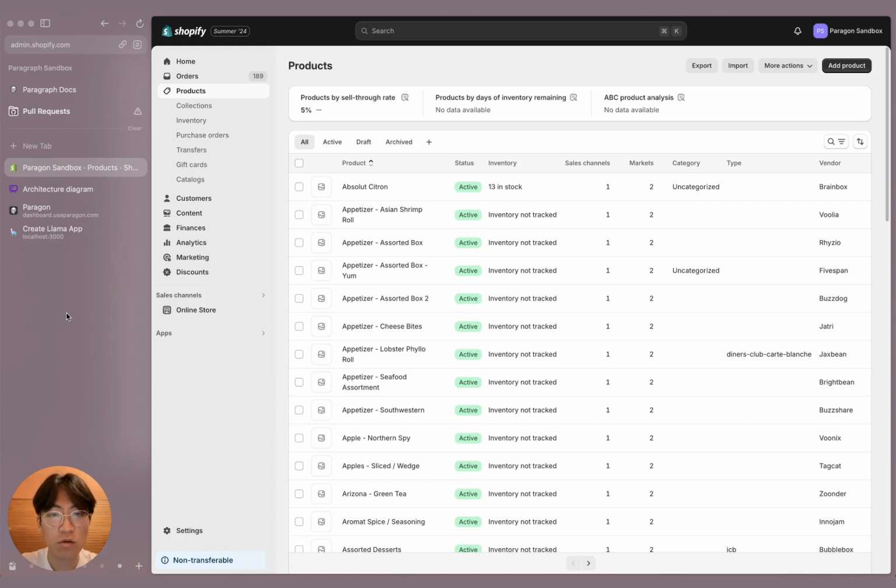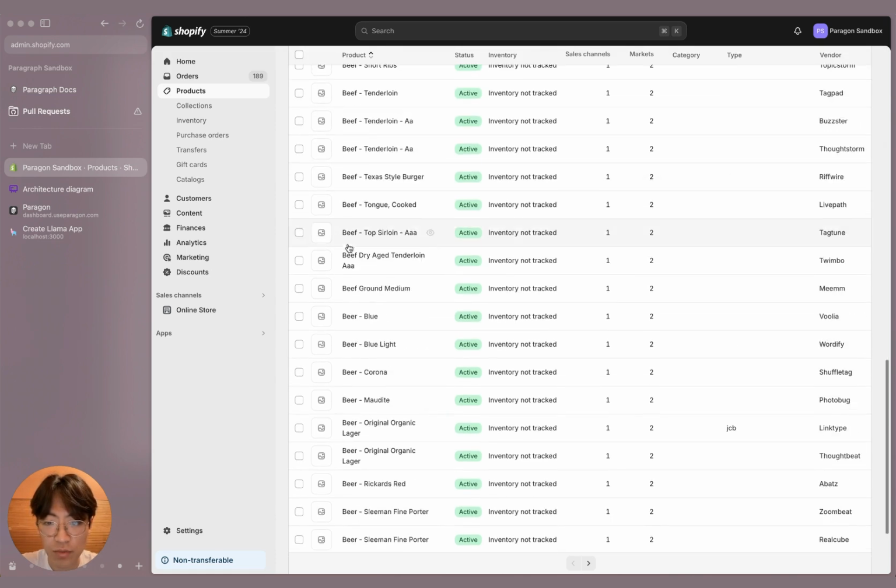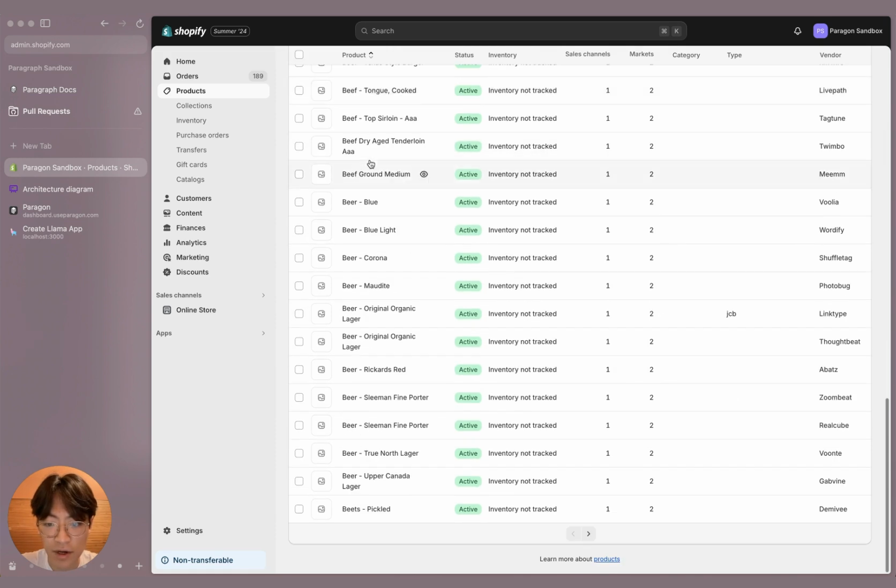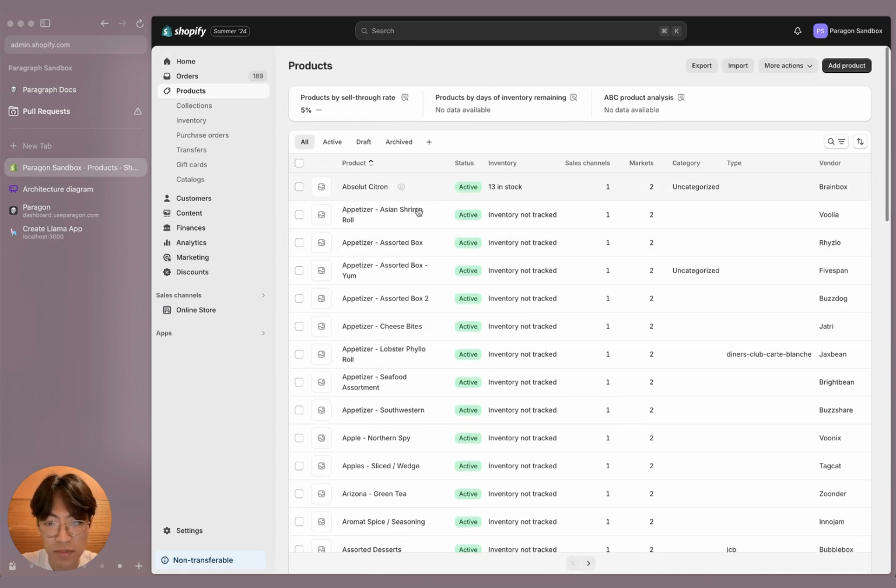I'll be showing you how to build an AI agent based on integration data powered by Paragon workflows. So the demo I'll do today is based on Shopify. We're going to make an AI agent that connects to a Shopify store and is able to answer customers' questions about different products. So I have an example Shopify store here. It's preloaded with some example products, some basic things that you might find in a grocery store. And so what I want to do is basically open this data up to my AI agent to answer questions